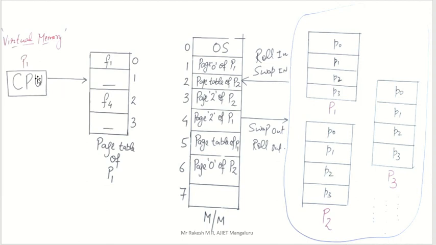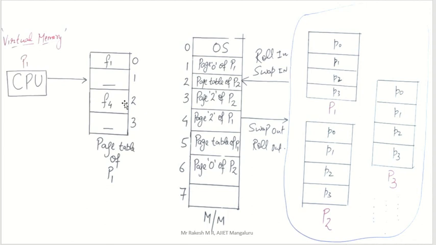So whenever the CPU asks, at that time it wants page 3 of the process 1. It will go to page 3 here. So now here we are getting F4. Automatically it checks memory F4. Here we have page 3. So the CPU will take that. So this is the concept.